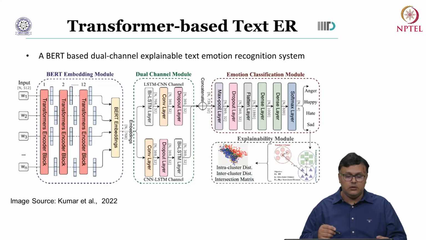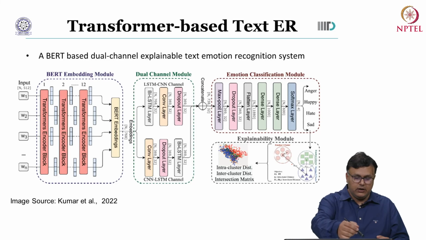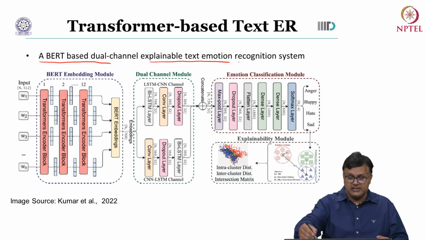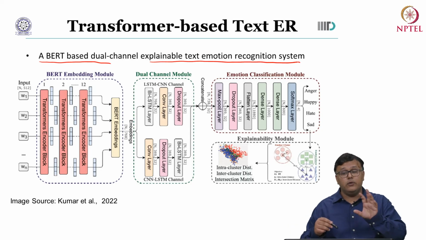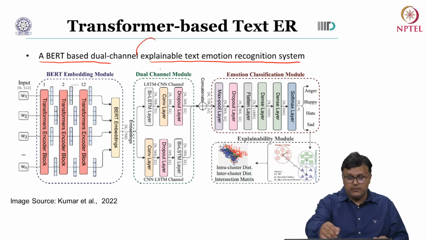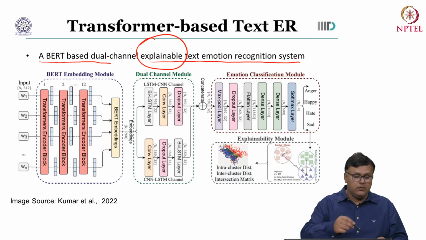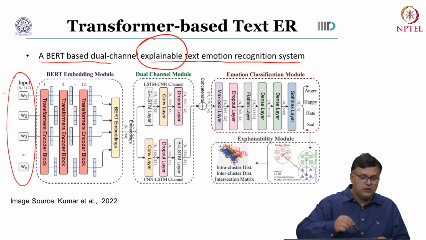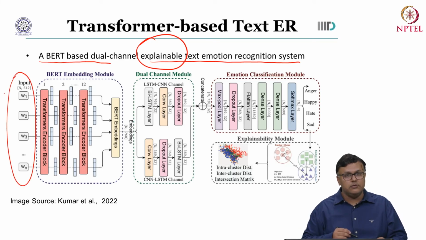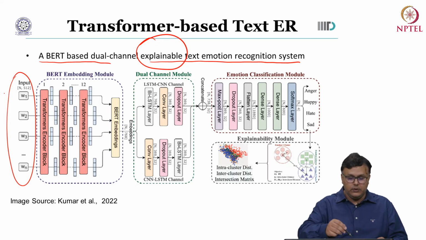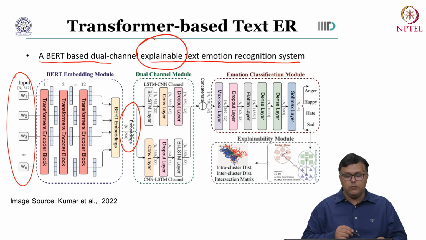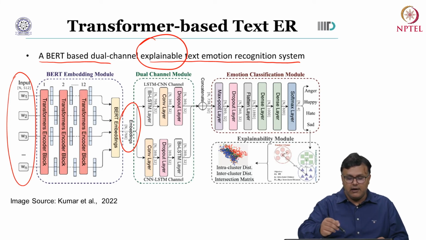Now here's another work. So this is again by Kumar and others. It's called a BERT based dual channel explainable text emotion recognition system. Okay, now notice it is explainable. Now, you have the input representation for each word. So these are the tokens which you are inputting into your BERT module. You get the feature embeddings from the BERT module. What do we have later? We have a